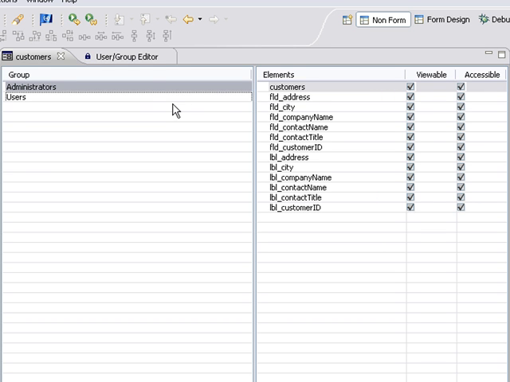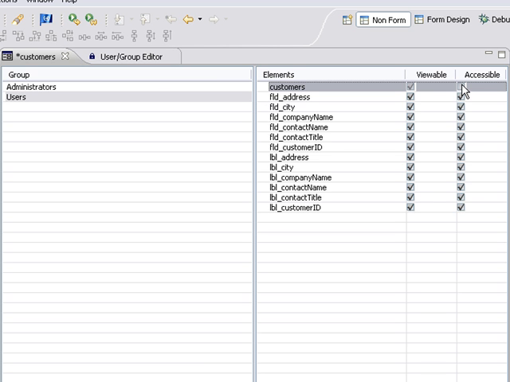I'm going to click on the users group, and I'm going to say that I want the whole form to be not accessible, or dimmed. We need to save that by hitting Control-S for save. And now when we view it in the Smart Client,